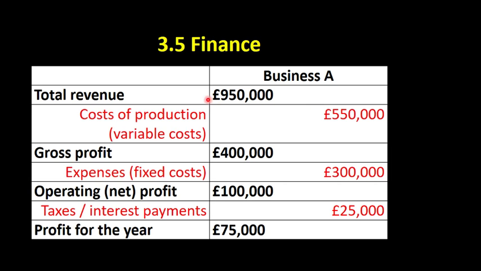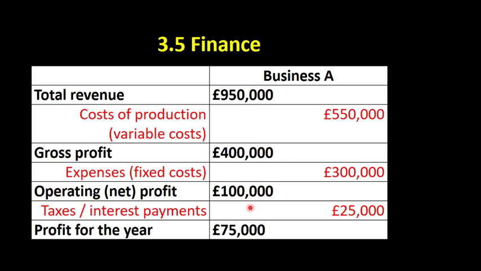So this is a very basic income statement. I've gone through how this works, but essentially to work your way through the different types of profit you need to know, you start with total revenue, you take off your costs of production, and that gives you the company's gross profit. You then take off the expenses, the fixed costs, that will give you the operating profit, sometimes called net profit. And then you take away any taxes, interest payments or other one-offs to get the profit for the year. But as I said in the last video,